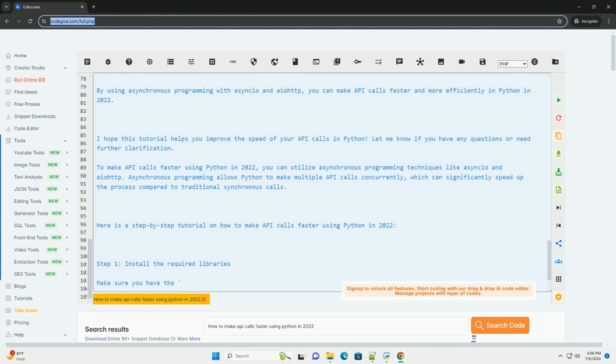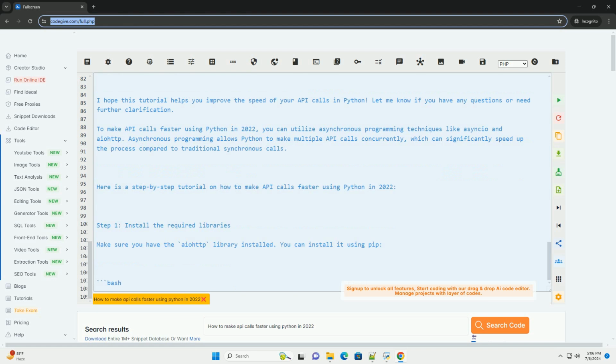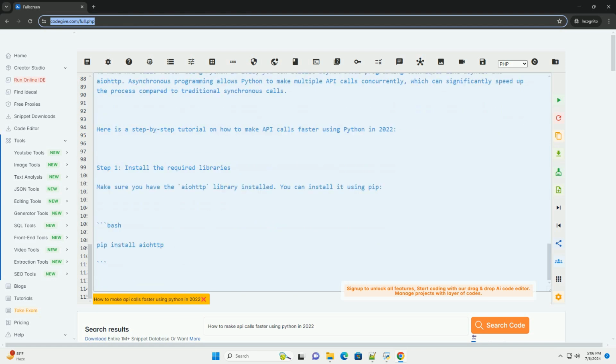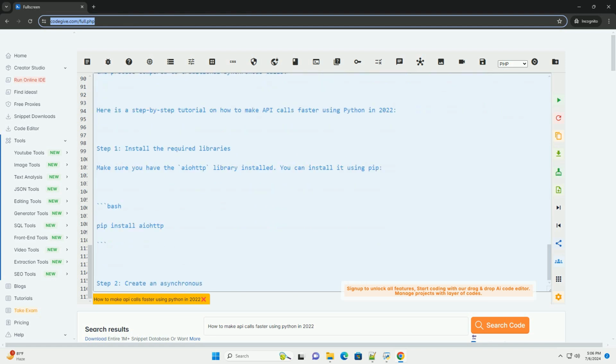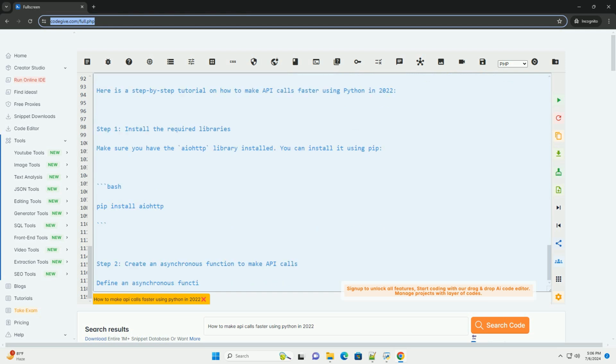completed. By using asynchronous programming with asyncio and aiohttp, you can make API calls faster and more efficiently in Python in 2022. I hope this tutorial helps you improve the speed of your API calls in